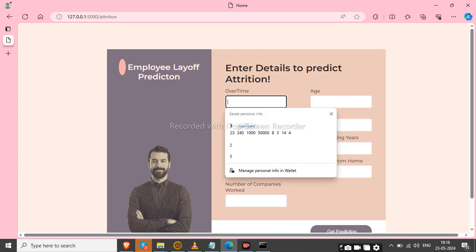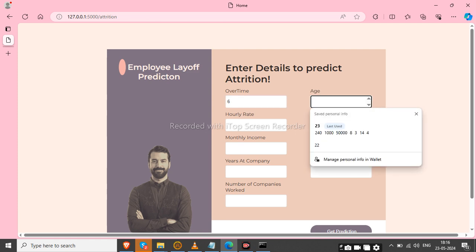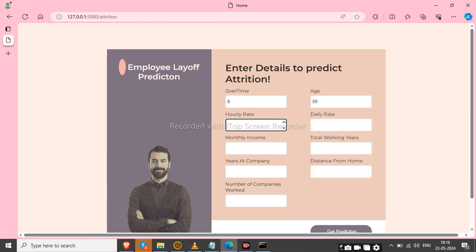now I just enter various values. Overtime 6 hours, age is 50, then hourly rate 1000, daily rate 300,000, monthly income like 1 lakh, then total working years 10 years, here at companies